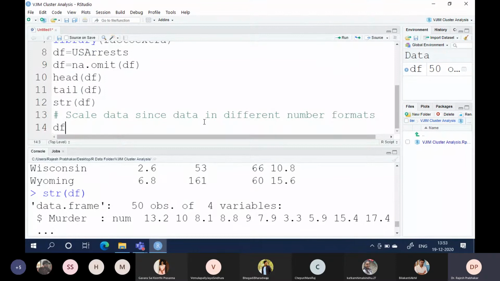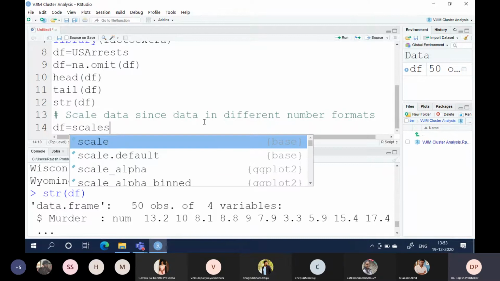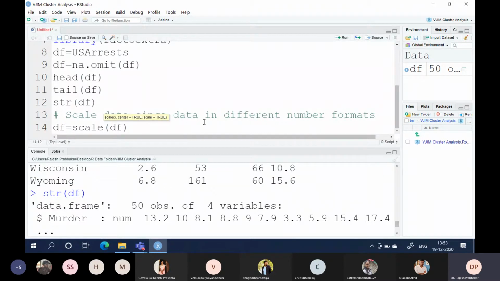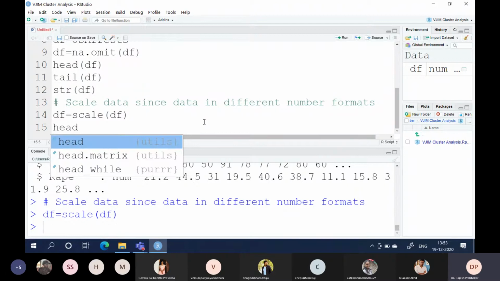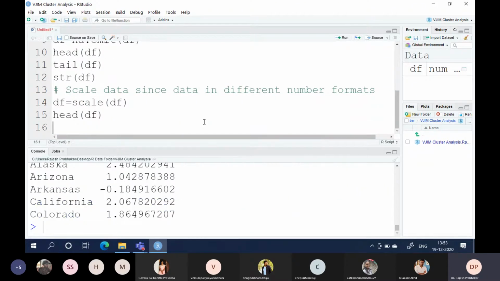So we do a standard scaler, x minus mean divided by standard deviation, scale(df). Now if you look at df, you'll get the scaled data.